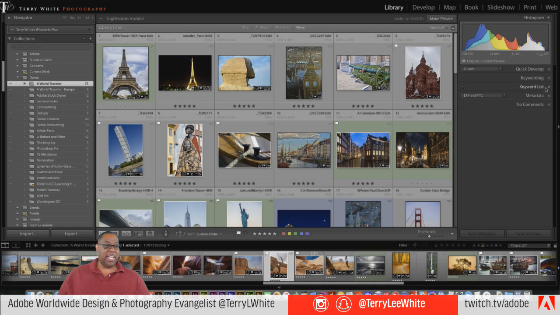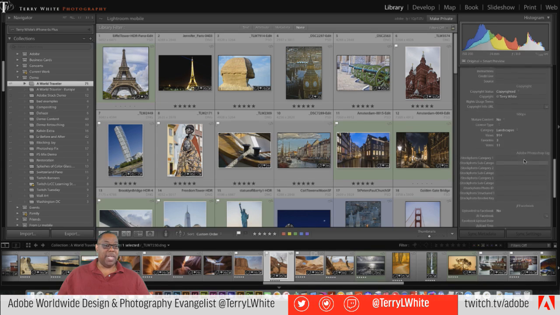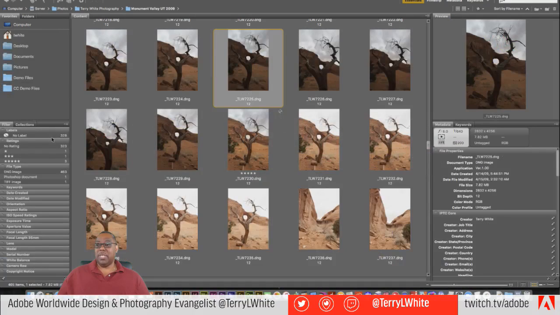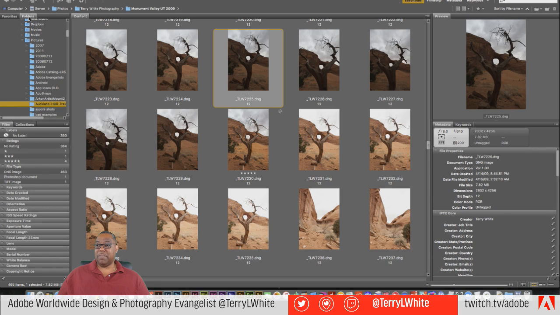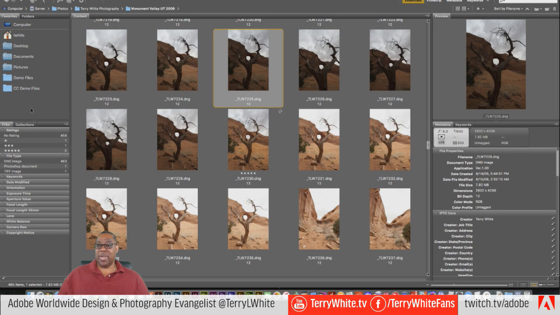I've got a keyword list and a metadata panel to be able to go in and edit the metadata. So that part is pretty much the same. The difference here is in Bridge, I've got folders and favorites. The folders show me everything that I've navigated to. The favorites are things I drag over here so I can always quickly jump back to a specific place. But what I don't have here are,